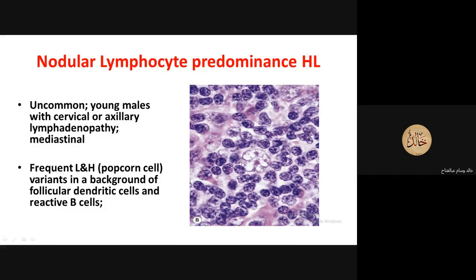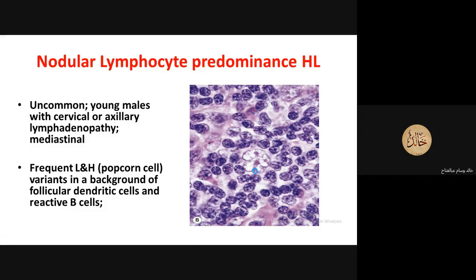They are like popcorn, like the popcorn we usually see. So this is the popcorn variant of RS cell in the background of B lymphocytes and follicular dendritic cells. These are the B lymphocytes, and also we have some follicular dendritic cells. So this is the LH variant of RS, called the popcorn variant of